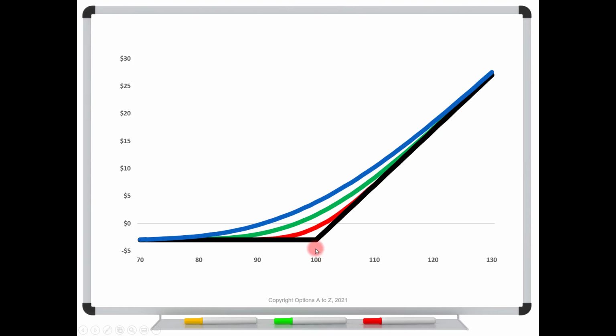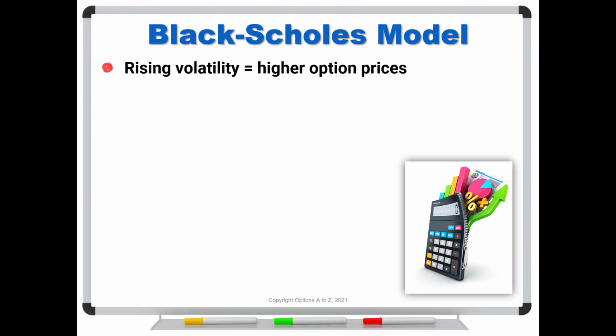So if the stock is right here at 100, right there lined up with the red as the current call price under 20% volatility, and in green is at 40% volatility, so an even higher price, and in blue is at 60%, so yet an even higher price. So yes, it's true. If we are in a Black-Scholes model and we just keep cranking up volatility, that option's price will rise. But here is a problem. The Black-Scholes model does say that rising volatility equals higher option prices, calls and puts, but this assumes all else being equal. This is the big key right here. This is what sets the trap.